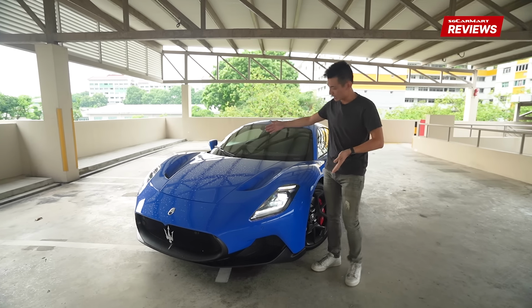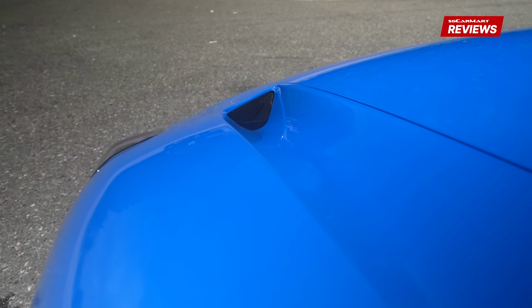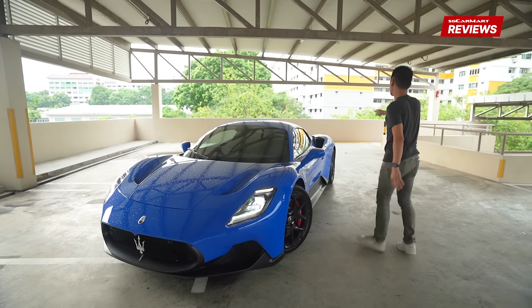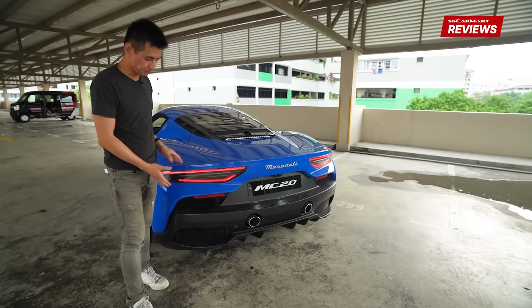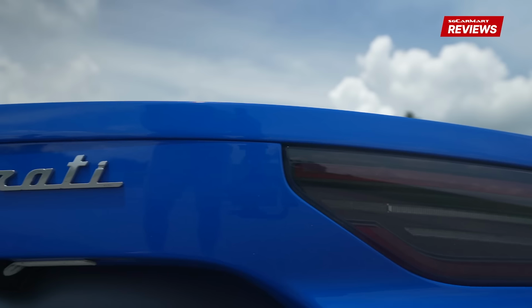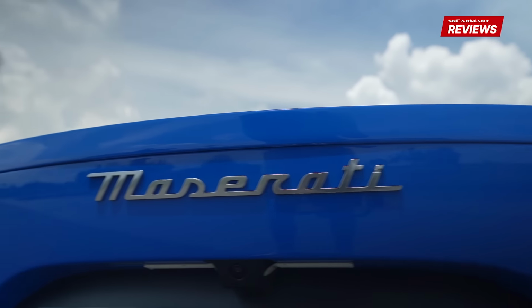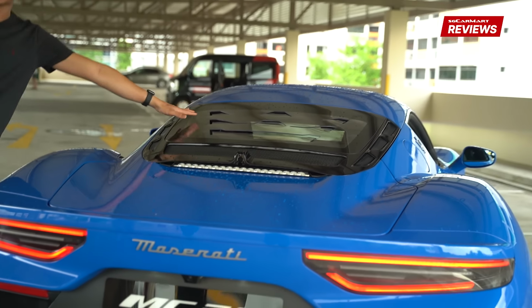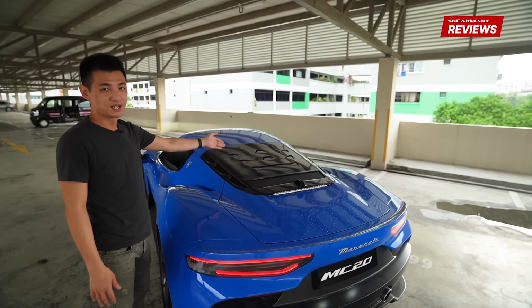At the front, I especially like how all the lines really just converge down to this narrow nose at the front. And if we move on to the back, the design of the rear of the car, yes, it's a little bit on the simple side, but I like it, it's purposeful and it just works with the overall design language of the car. One thing I do like though is that we have this plexiglass engine cover, and